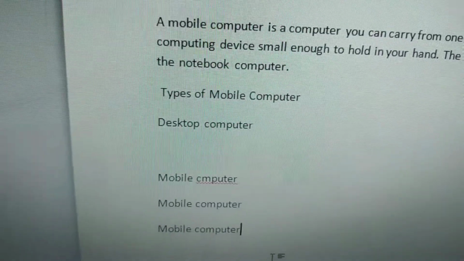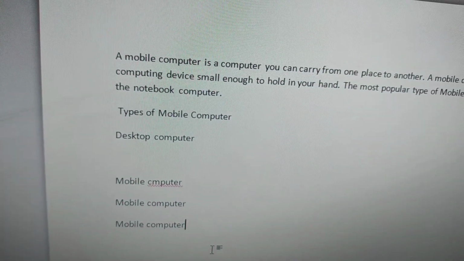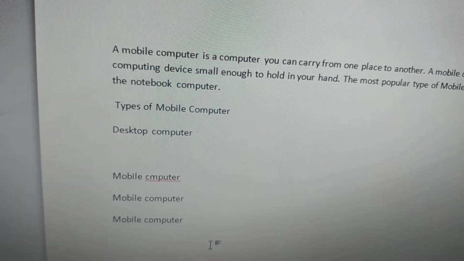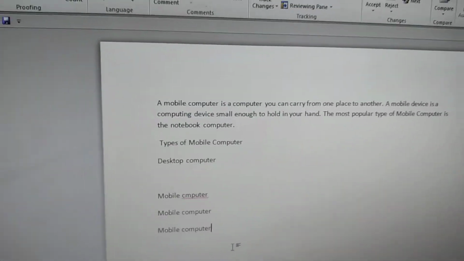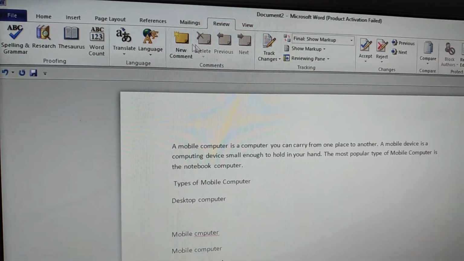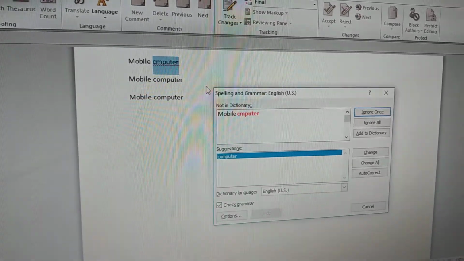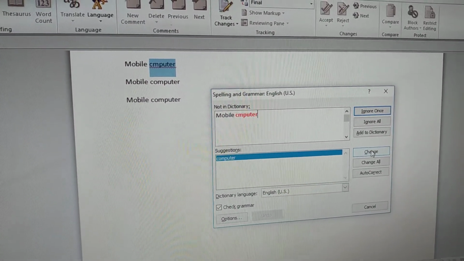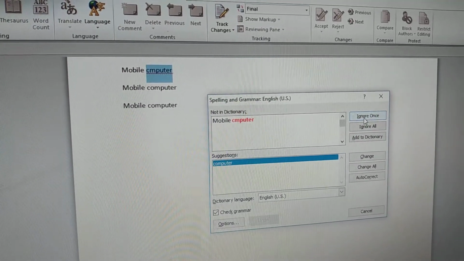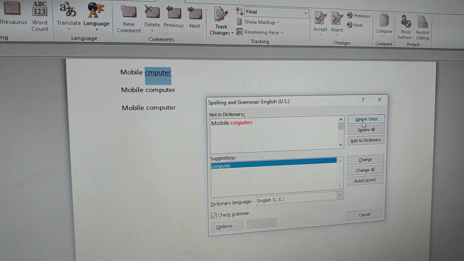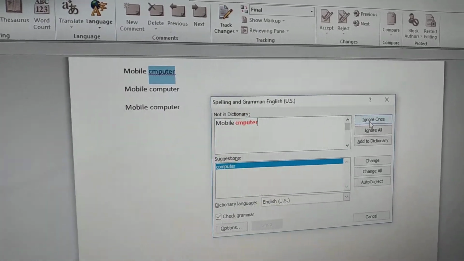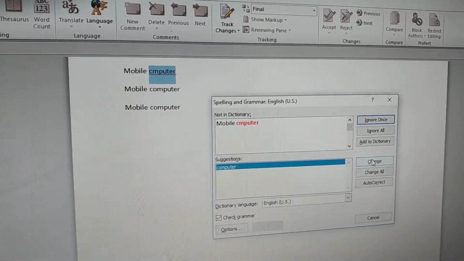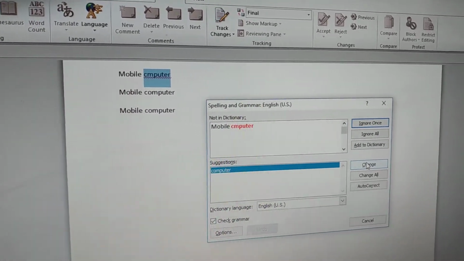Students, you will see here there is again one wrong word on my monitor, computer. I have written the spelling CMPUTER, right. So there is one method. What you will do, you will click on the review tab, spelling and grammar, and you see here CMPUTER and computer. Click on the change button, and you can ignore also. As soon as you click on ignore, the spellings will not change, the spellings will not be corrected, and the spelling will remain the same, CMPUTER. And if you want to change, the spelling will be changed with the correct one.